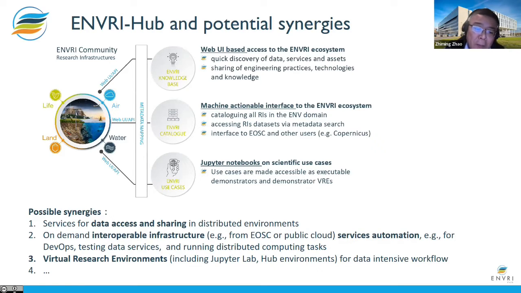The second possible synergy would be interoperable infrastructure automation. Access to the data is just the beginning of the scientific story. How do we move things around, and how do we automate on-demand services for computing and storage during the workflow life cycle? Of course, at the end you're going to put it somewhere to publish. But for all the dynamic resources in the middle, where do we get them from? What will be the service level agreement? How can we automate it? How can we assure trustworthiness? And can we also do this with interoperable support for public clouds like Amazon and Azure? Of course, we can use this for developing and operating data services like DevOps, testing them, and